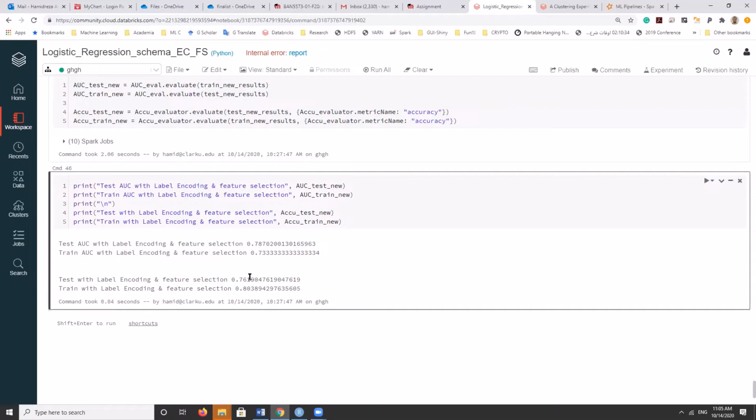So maybe you can make another pipeline for label encoding and feature selection with random forest and see what happens. Each pipeline could be like a cycle in the QSPM, where you go back and forth and see what happens. In one of the next classes, I will do, let's say,